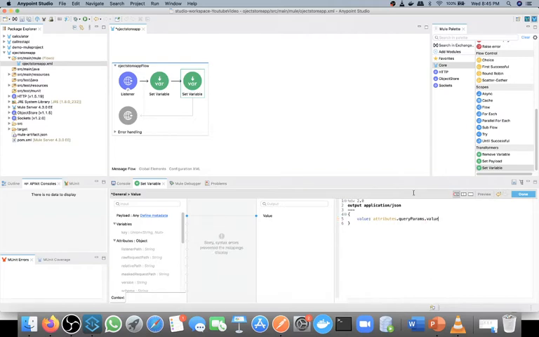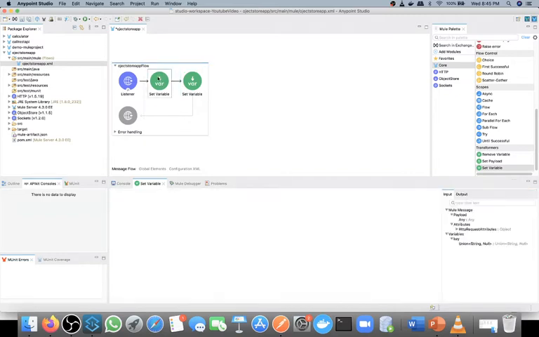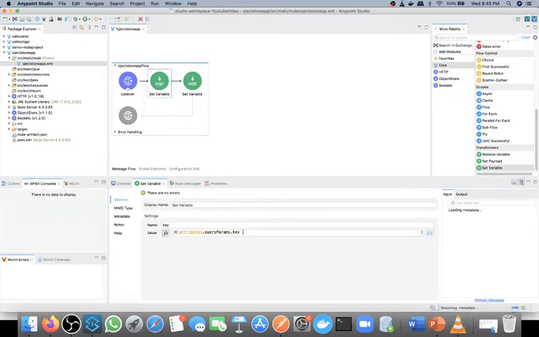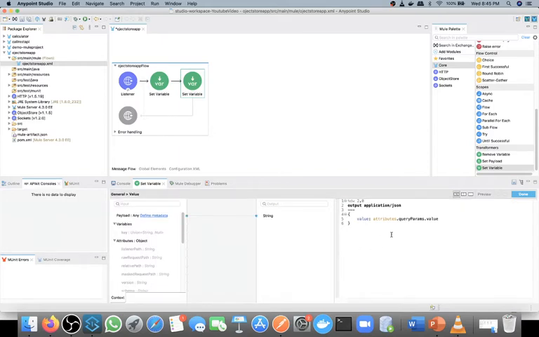So I will pass two query parameters, one is key and another one is value. I will take the key value from this attribute and set it inside the key variable, and I will create one JSON object taking the value from value, and this JSON object will be stored inside this value variable.